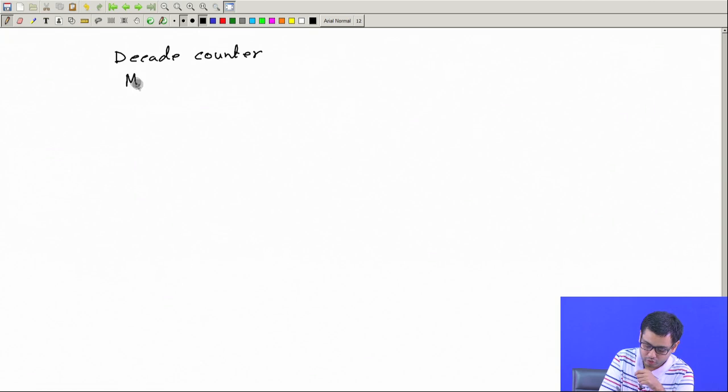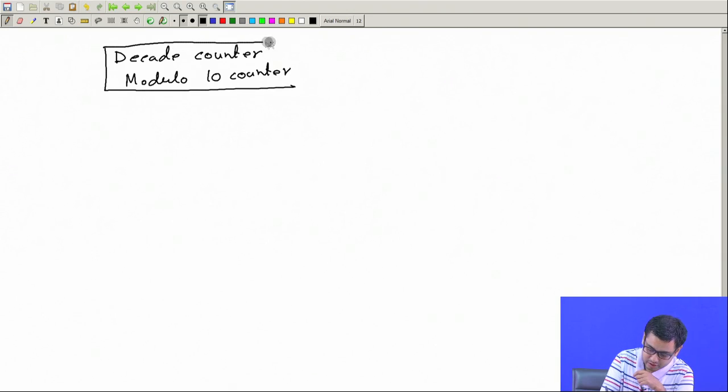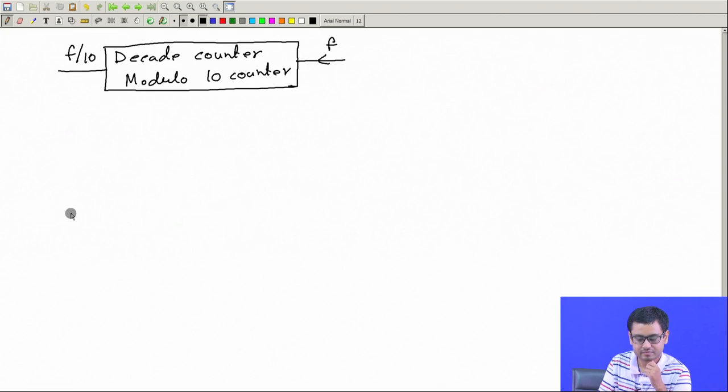This is a modulo 10 counter, and in our first week of electronic instruments we have studied how a decade counter can be made. I am not repeating it for the sake of time. So here if you give a clock input whose frequency is f, the output will be f by 10,